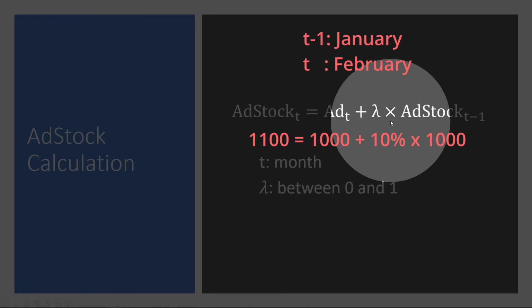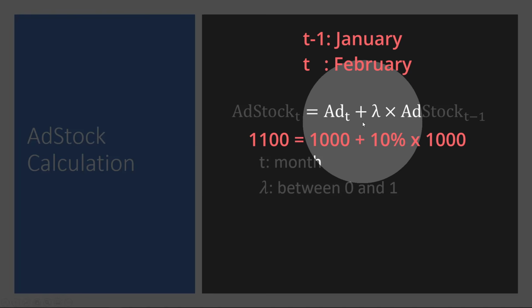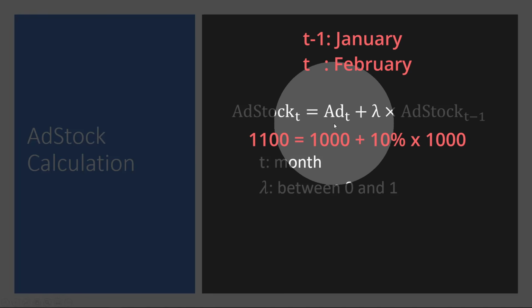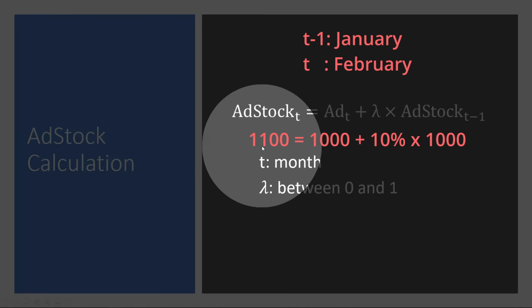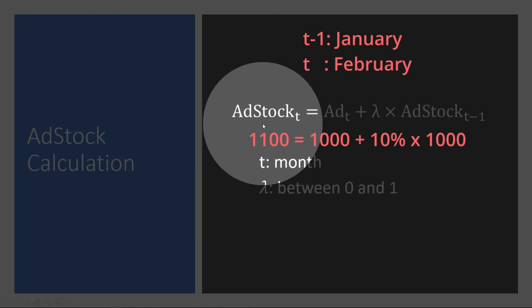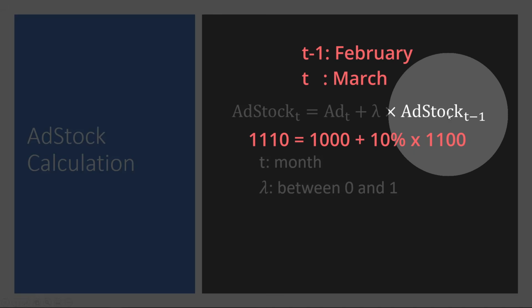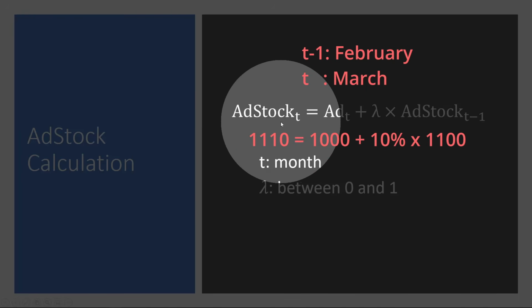And then times the residual percentage, let's say 10%, times 0.1. And then plus the new ad we run in February, that's 1,000. So it's 1,000 plus 0.1 times 1,000. So the adstock in February in month T is 1,100. And similarly, when we have adstock of 1,100 in February, we can calculate the adstock in March using a similar